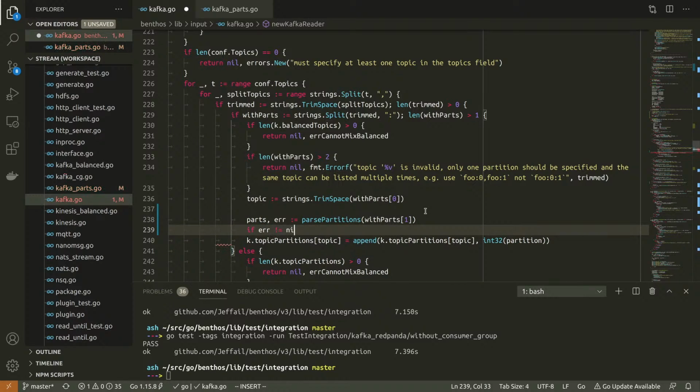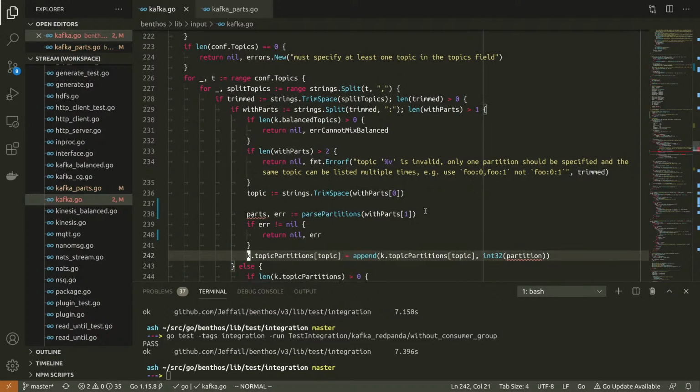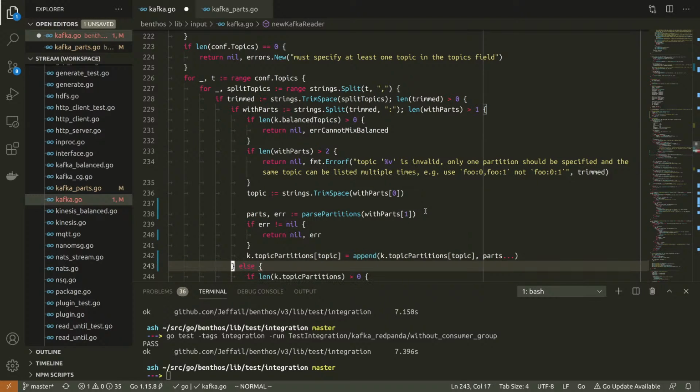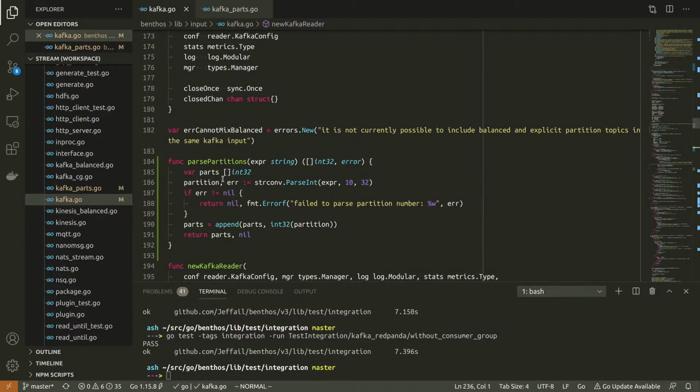If it is not nil, we return the parts, and then we append our partitions.